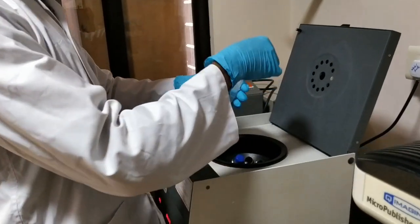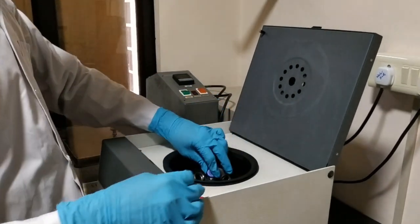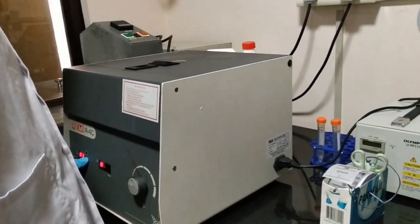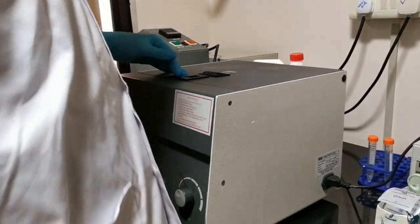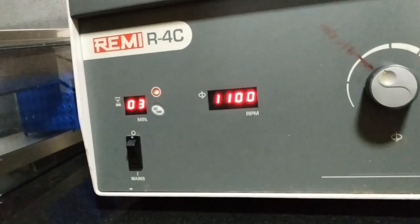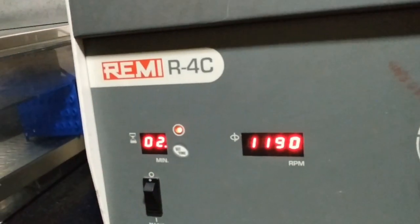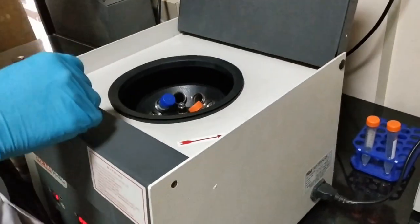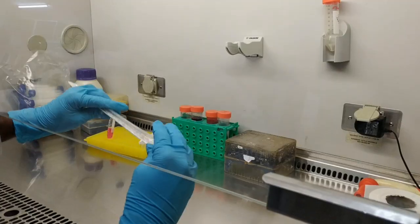So keep a balance between the tubes and then centrifuge at 1200 rpm for 3 to 4 minutes at room temperature. These are mammalian cells, so you should not increase the revolutions per minute more than 2000, because they don't have a cell wall, and that will degrade the cells. And then collect the cells, which are in the form of a pellet, and discard the supernatant,